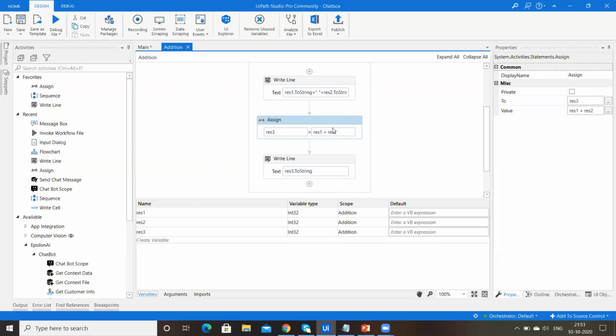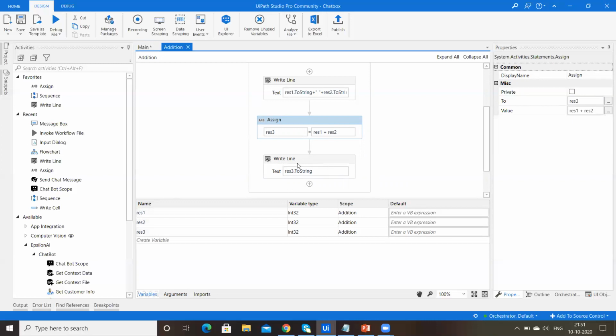I already told you result1 and result2 are the input variables where we need to give the inputs, any digits, and from these 2 inputs we want to print the overall sum in the result3 variable, right?